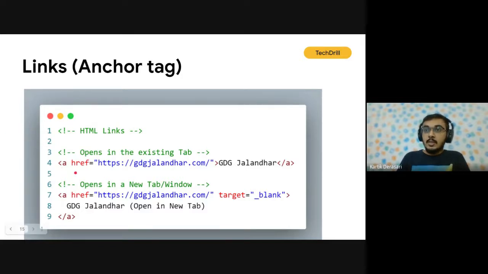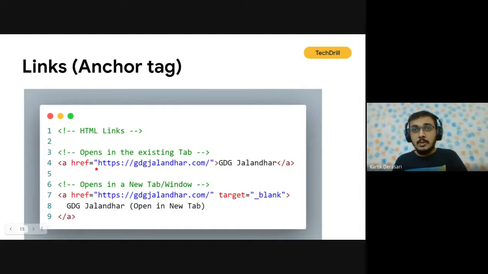The A tag, anchor tag, is used to place HTML links on the web page, along with href. Whenever we see any HTML tag and something is attached in the start tag, that is known as an attribute. So here, this is the A start tag, and href is the attribute.